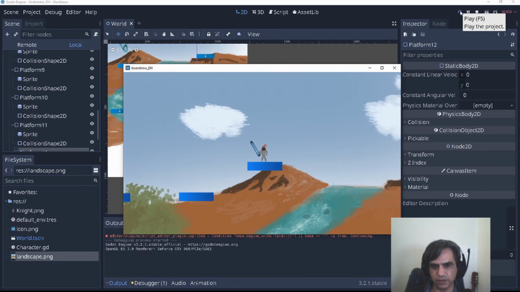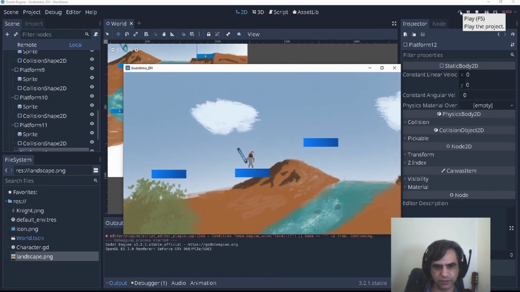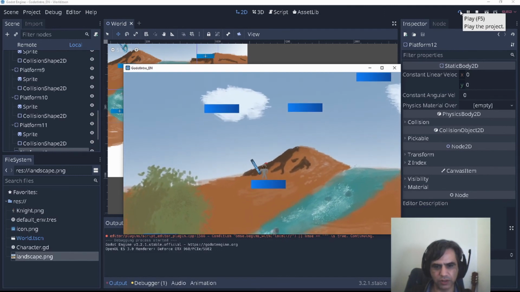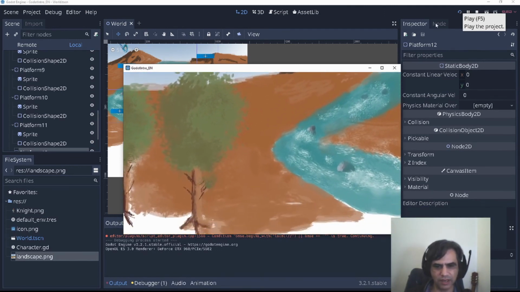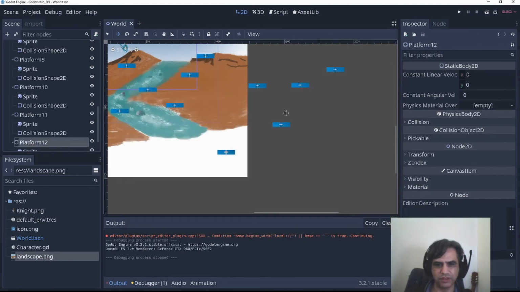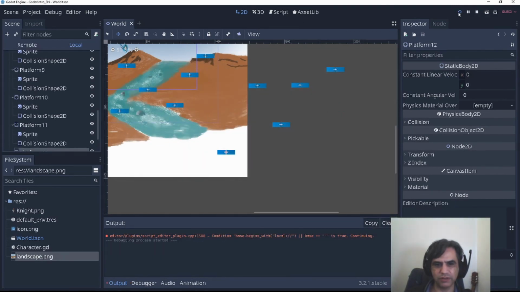So as you can see, the background looked very small, but actually we can do a lot of things with that simple background.